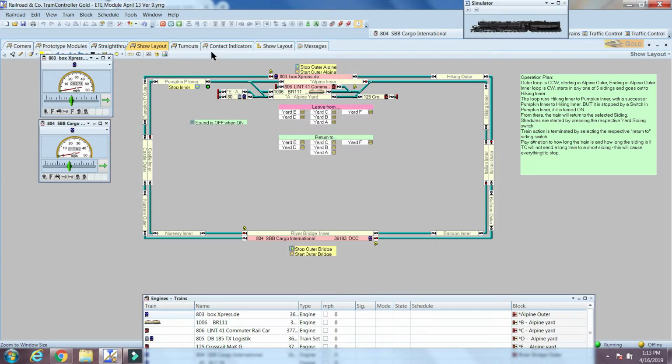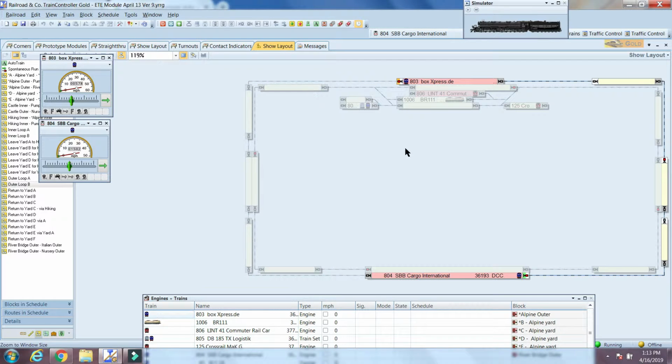Basically, this is what's called a dispatcher screen, and what one does is pick a starting block, highlight this end as being green, pick the next block in the schedule, this block, and this block, and set this as an endpoint. And when you've done those items,